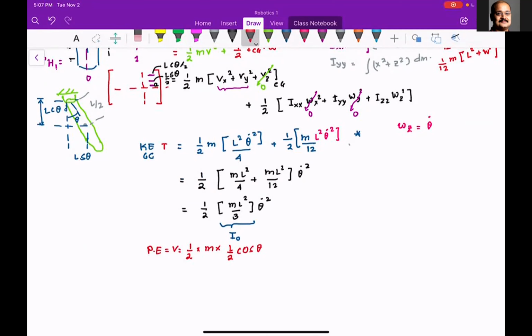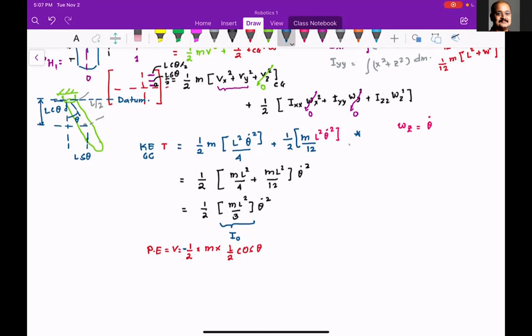And why is my potential energy negative? Because I'm assuming my datum to be over here. This is my datum. Datum means the assumed location where potential energy is zero, the reference. If you go above the datum, potential energy is positive. If you go below the datum, the potential energy is negative. But the datum is arbitrary. You can assume the datum over here and your potential energy will become positive, but the answer is going to remain the same. So now this is the equation for potential energy. Since this is below the datum, that is negative.